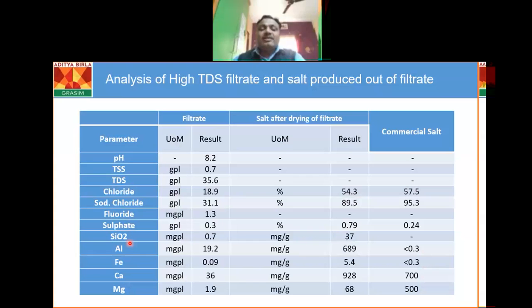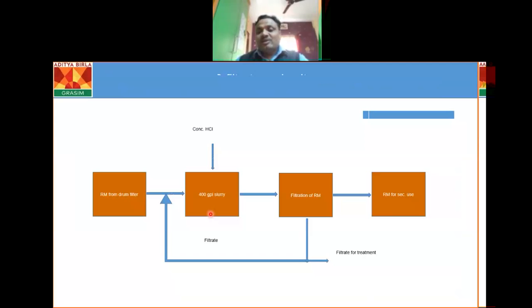Magnesium hydroxide. Same treatment was given to this stream, and the quality of this stream was as good as our purified brine. So we were having recovery of sodium chloride here. From this filtrate, we were recovering sodium chloride. This sodium chloride was going for electrolysis. We were producing HCl out of that, and that can be used there. So it was a closed loop cycle for